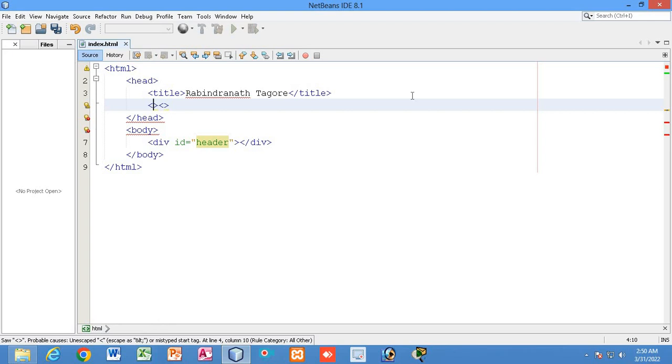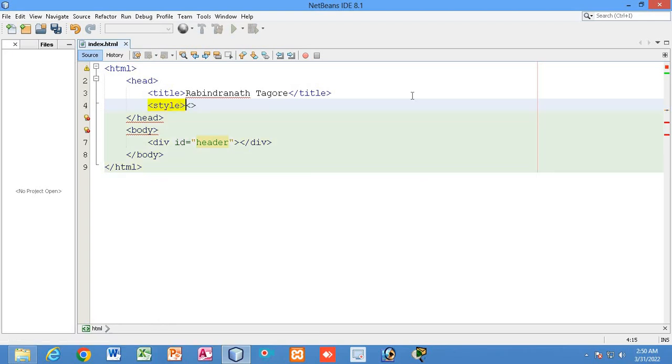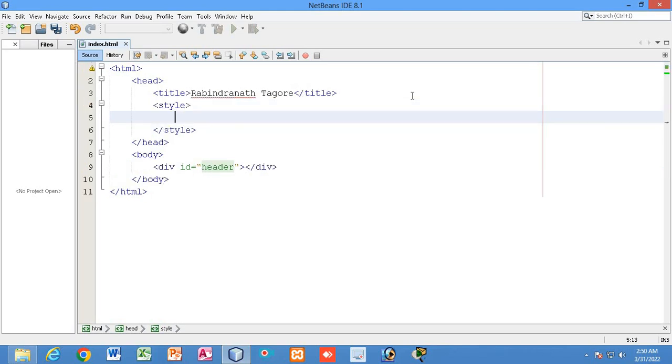Let us write the style opening tag and style closing tag. We are going to use the internal styling, right? I will call the header selector by using the hash, which indicates an ID selector, and this is the name of the selector. Here I have named the selector.